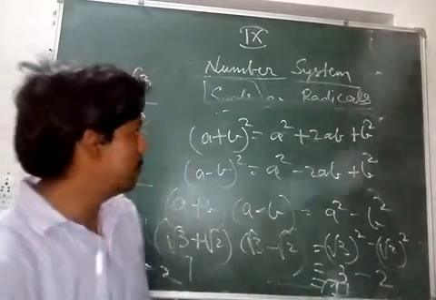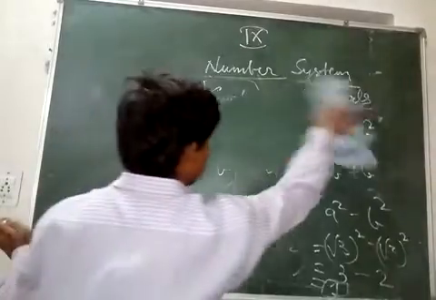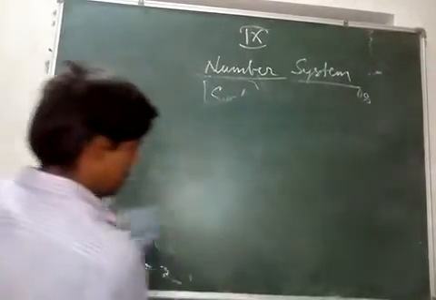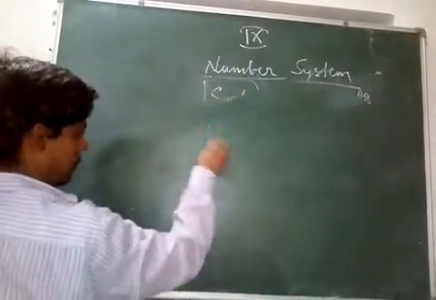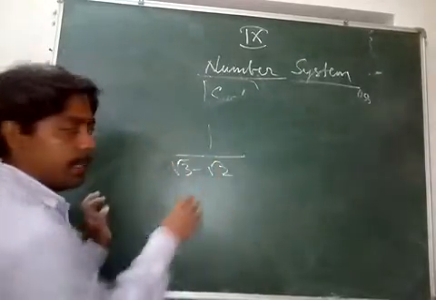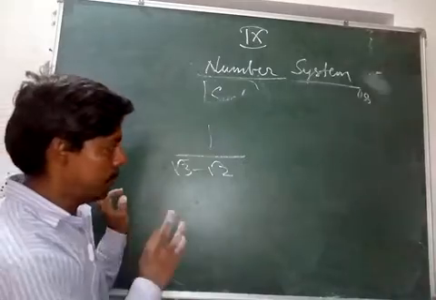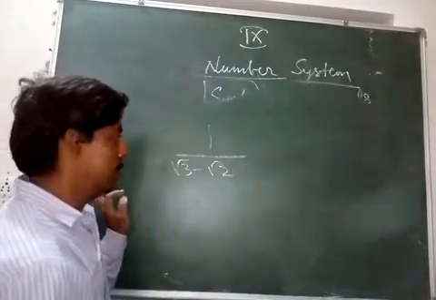Okay. So I'll do one more operation, and then we'll call this operation a rationalization operation, a very important one. So just pay attention. Suppose somebody asks you what is 1 upon root 3 minus root 2. This process you will study in detail. So just pay attention to this step and then we'll move to the next topic.